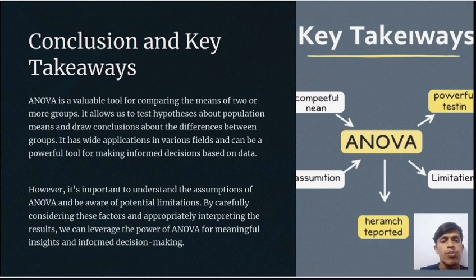However, it's important to understand the assumptions of ANOVA and be aware of potential limitations. By carefully considering these factors and appropriately interpreting the results, we can leverage the power of ANOVA for meaningful insights and informed